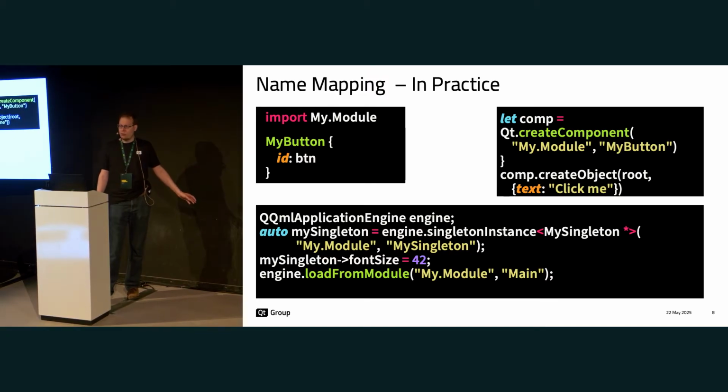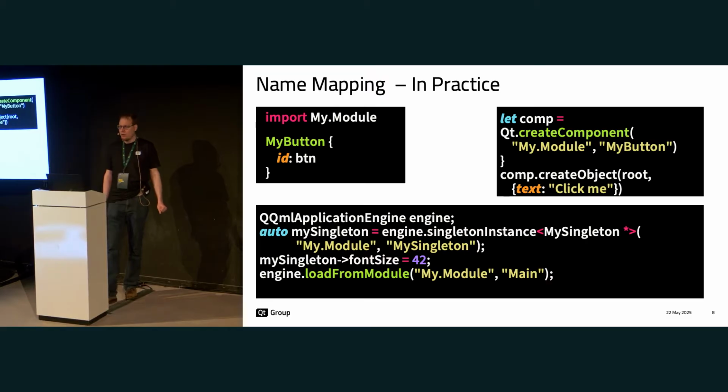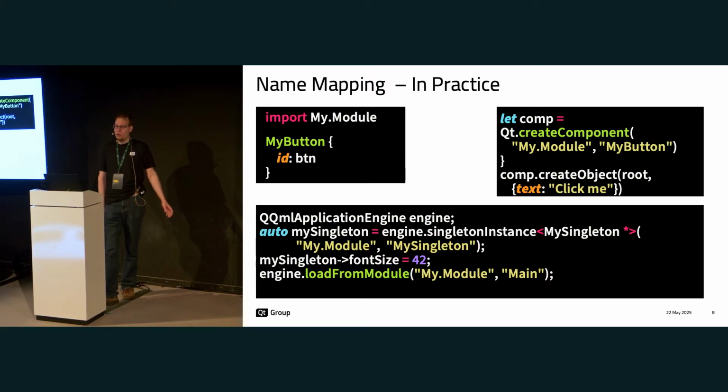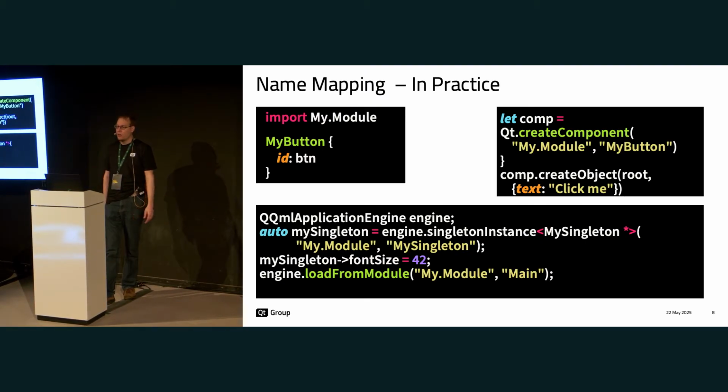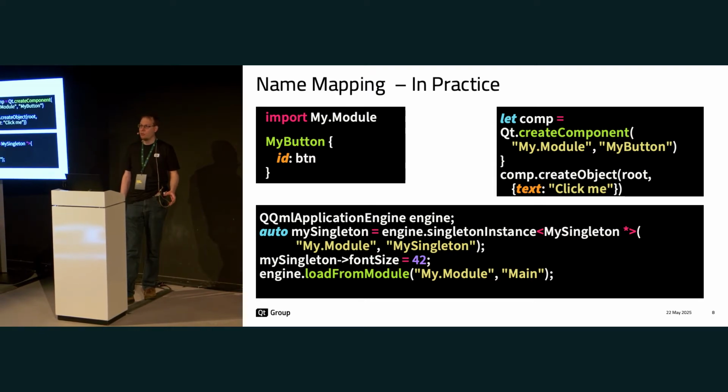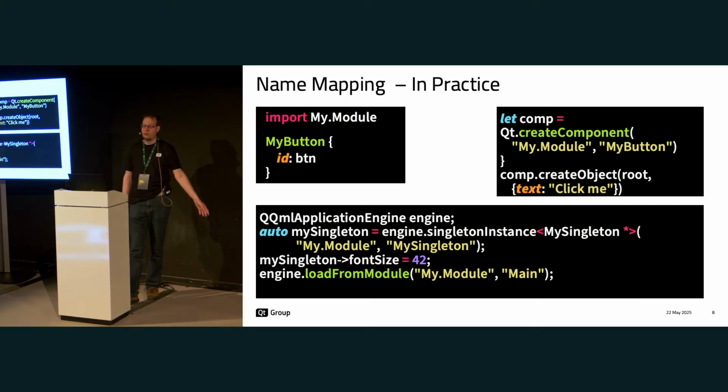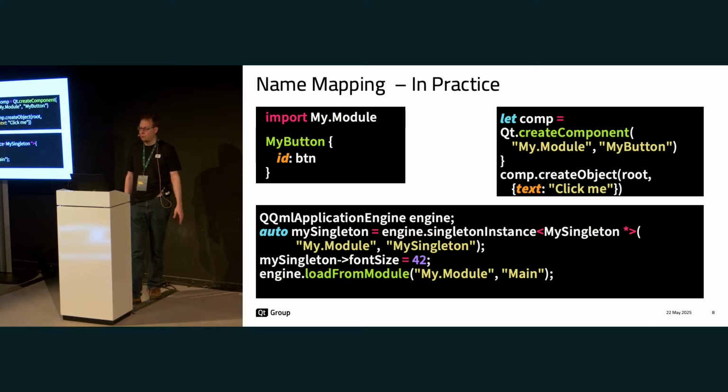You can do the same imperatively in QML by using, for instance, create component that also works with module as a base. And modules are not only a concept which exists in QML, it also exists in our C++ API. You can access singletons by the module and name, and you can use load from module to instantiate any type. And